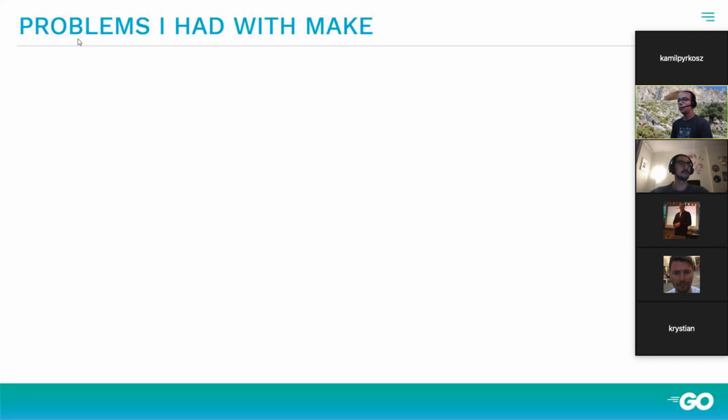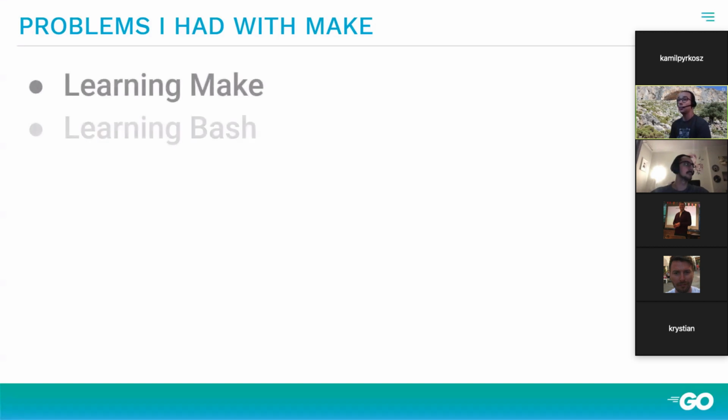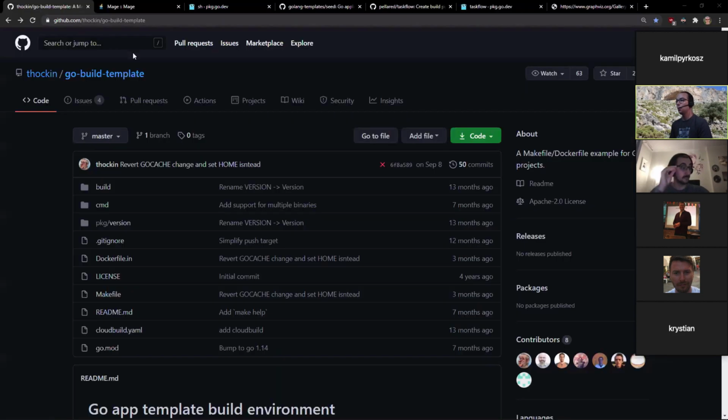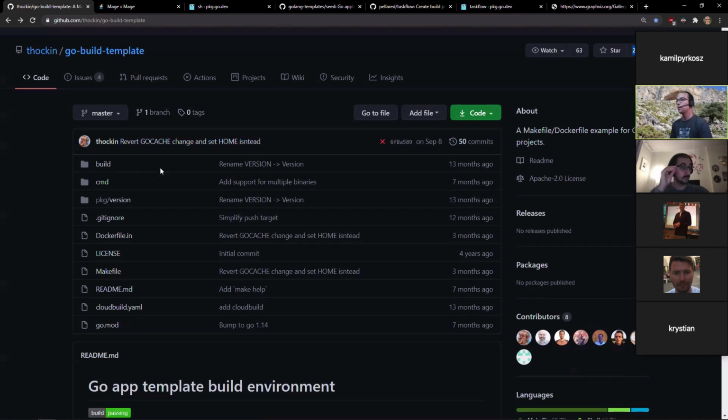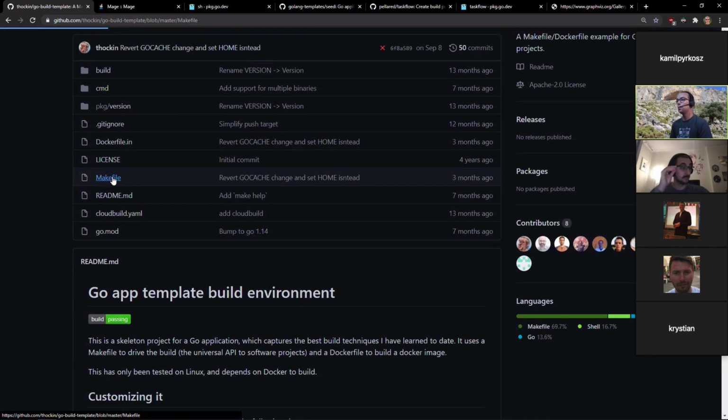Okay, so now my experience report regarding Make, the problems which I had. Basically, because of my background, I had to learn Go, Make, and Bash at the same time, and it was quite disappointing for me. Especially when learning Make, I looked at an example Go skeleton application, which has the biggest amount of stars. It has more than 2,000. And when I look at its Makefile,